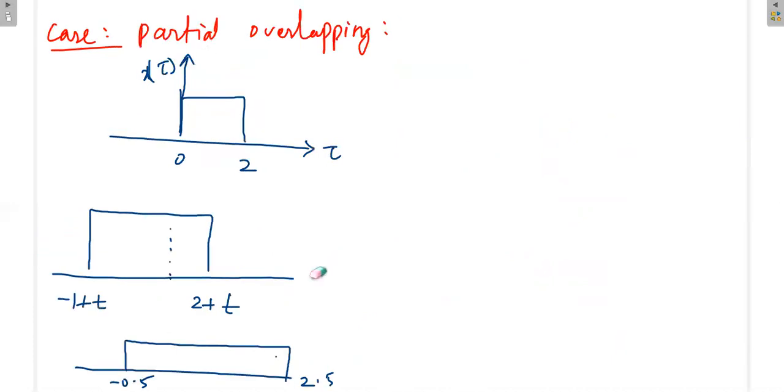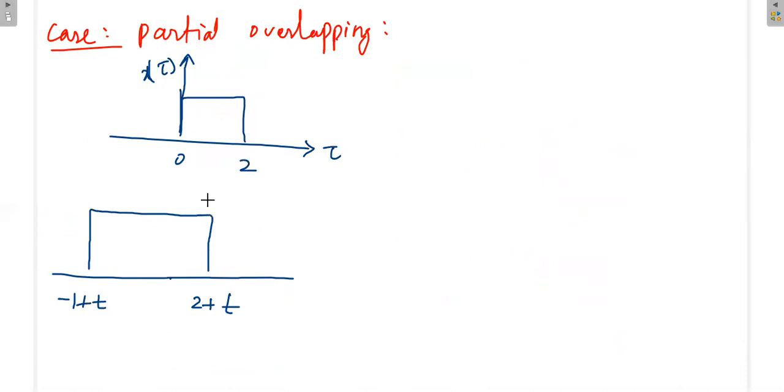So now you have to draw the reference like this. This value should be greater than 0 and also less than 2, so that you get partial overlapping. Why? Because this duration is 3 and this duration is 2. When you vary between these two, this part will not come inside because it is of larger duration. You can go up to 2 only, which means there will still be some signal left here. That's why you get only partial overlapping.